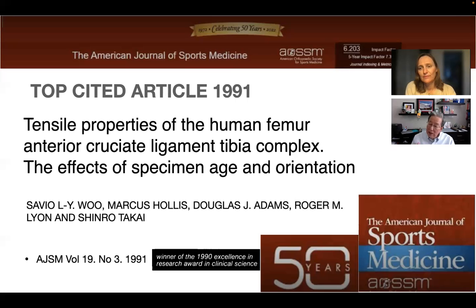But this particular study is interesting because it's very hard to get those cadaveric specimens now. And that's why I think the data and the findings stood the test of time. So this paper is still cited